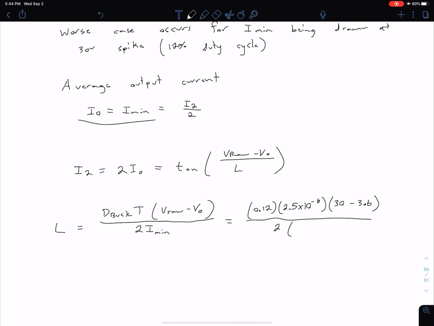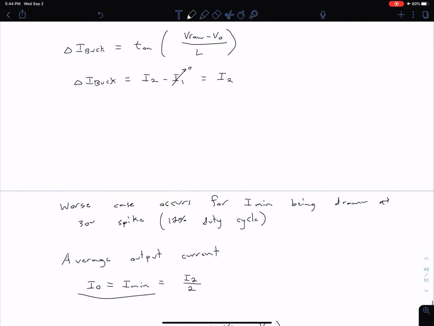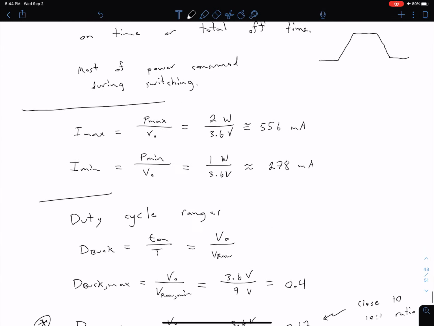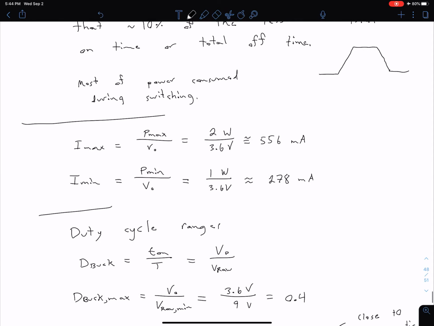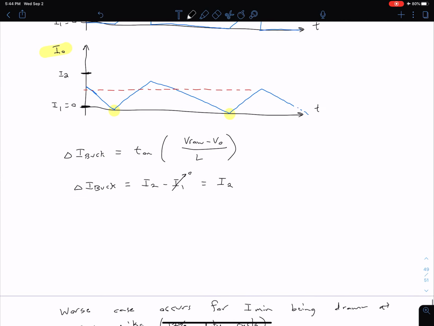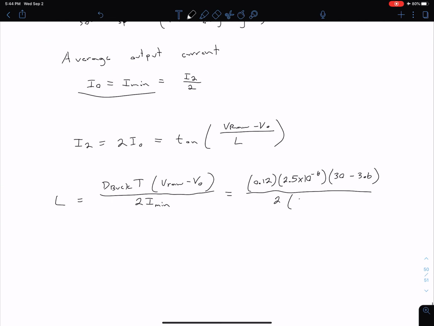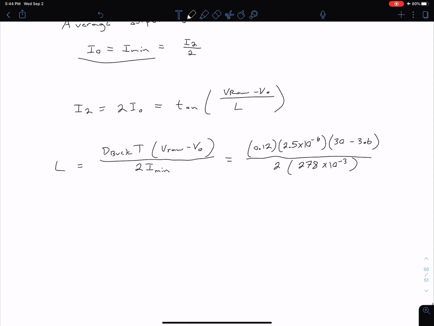In the denominator, we have 2 times our I min, which we found what seems like ages ago up here from our minimum power to be 278 milliamps. So 278 times 10 to the minus 3 amps. If we solve for that, we get that our L is approximately 14.245